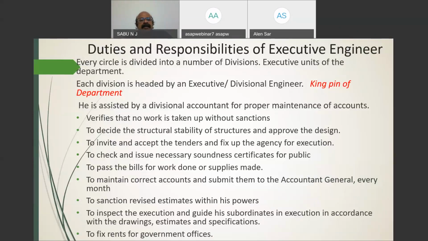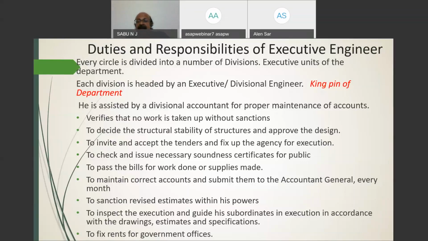So the officers will carry out the duties and responsibilities entrusted to them. To invite tenders, you might have noticed advertisements as tender notices. On behalf of the government, the executive engineer will invite the tender. He has the power to accept the tenders, and finally, with the completion of the required procedure, he can fix the contracting agency for the execution, and check and issue the necessary soundness certificates